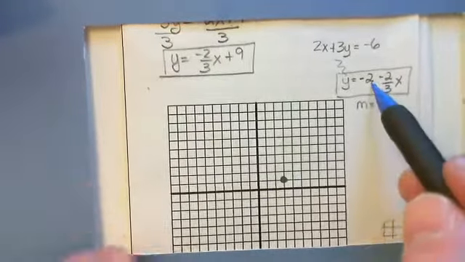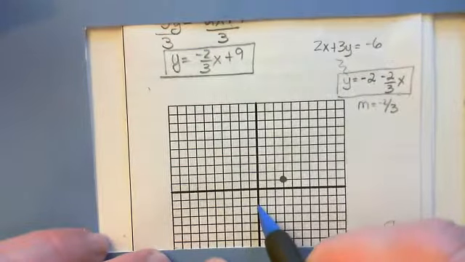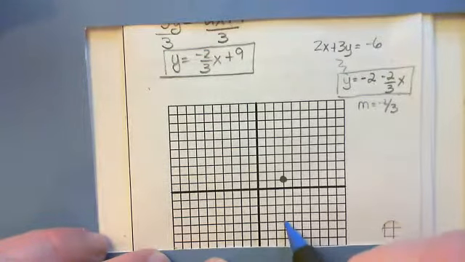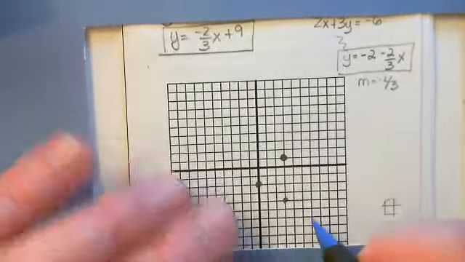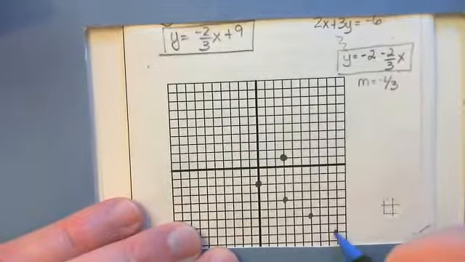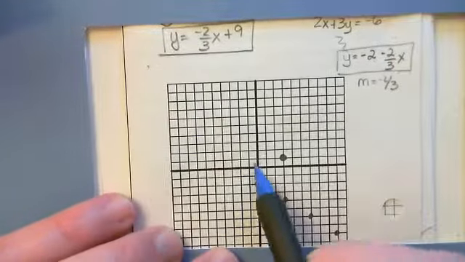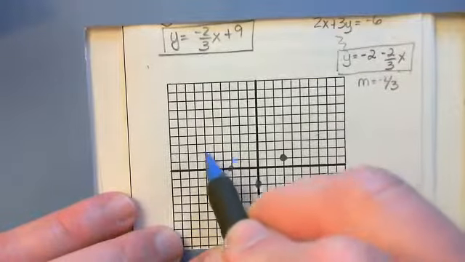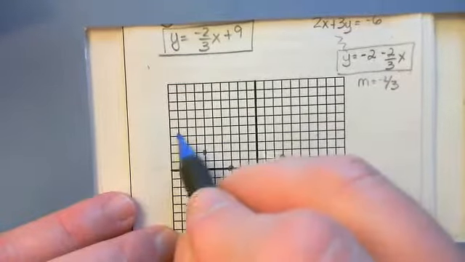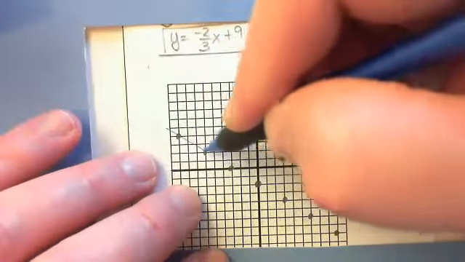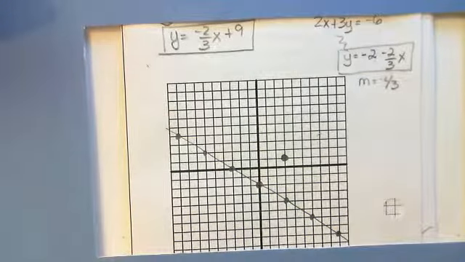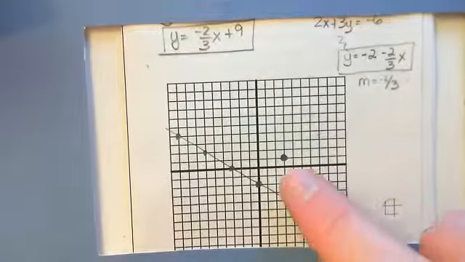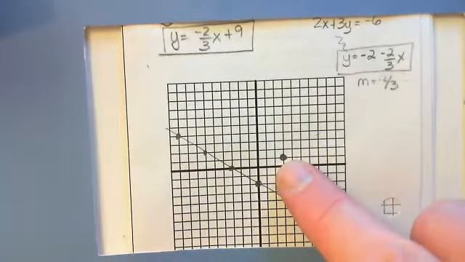So basically, if I was to graph this line, it would start at negative 2, then I would go down 2 over 3, down 2 over 3, down 2 over 3. And then I go back to the starting point, up 2 over 3, up 2 over 3, up 2 over 3. So now I'm going to connect the points. Okay, and basically our job was to find the equation of the line that goes through this point and